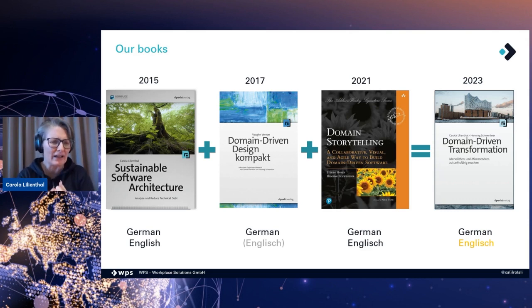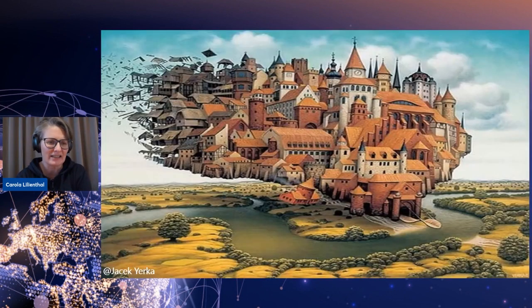What we deal with when we help our customers to improve their legacy systems with domain-driven transformation is actually this. Our customers' daily work is characterized by legacy systems that look like this thing here. Difficult to understand. Well, what is it? Difficult to change. I mean, where should I start? And difficult to extend, of course, as well. And why is this the case? Well, you all know that.